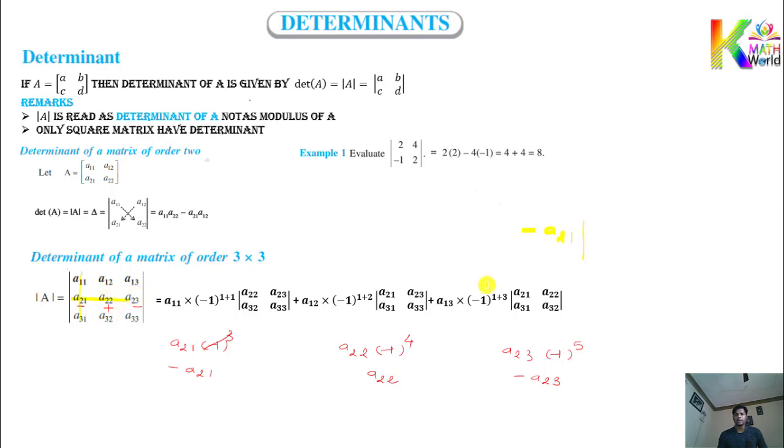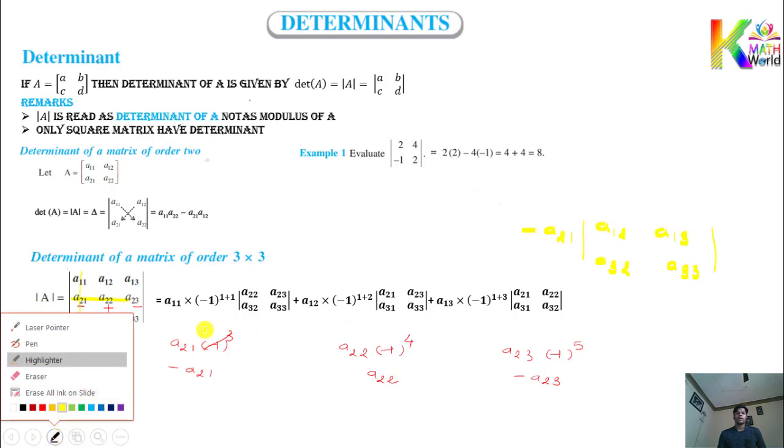So A12, A13, and the same way A32 and A33. I am going to write here A12, then A13, then A32, then A33. The procedure is almost similar. Then with A22, now remove the second row and second column. Then what is left? A11, A13, A31, A33. So in this way you can calculate with respect to any row or any column. You can expand it.